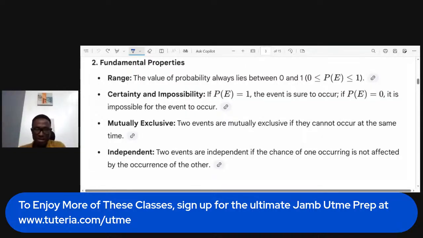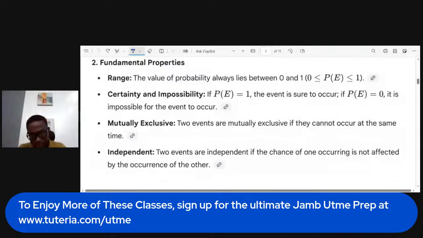I don't know whether you understand what I'm saying now, so let me go over this again. Certainty in probability means the probability of an event occurring is what? Is 1. It is certain. So if your school closes by 4, and you know that you can't leave school until 4 p.m., and someone asks you what is the probability of you staying in school till 3 p.m., is it certain or impossible or not certain? It is certain, because you know that you can't even leave the school premises until 4 p.m. So the probability of that event occurring is 1.